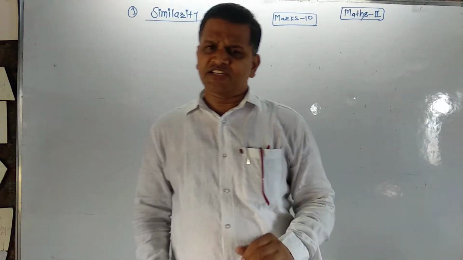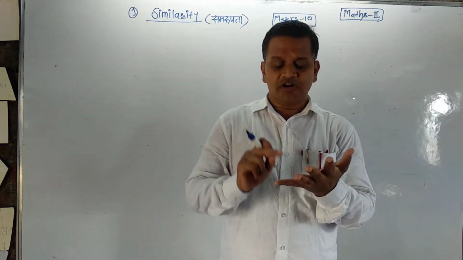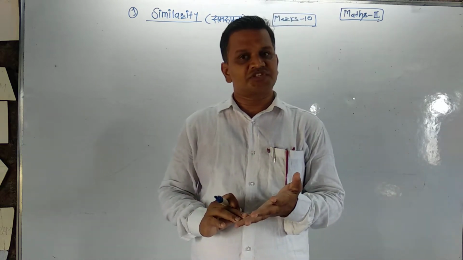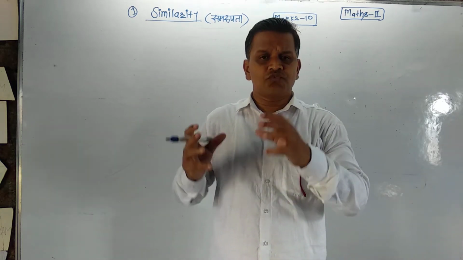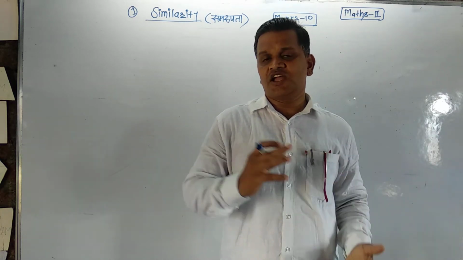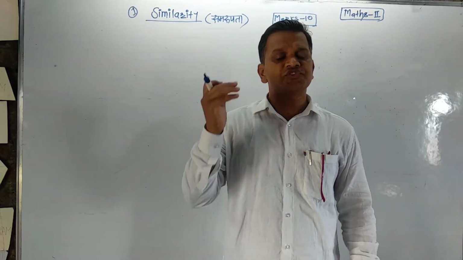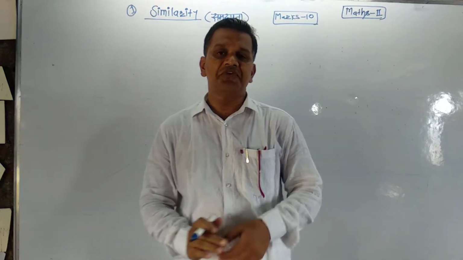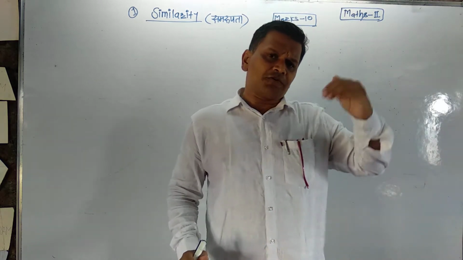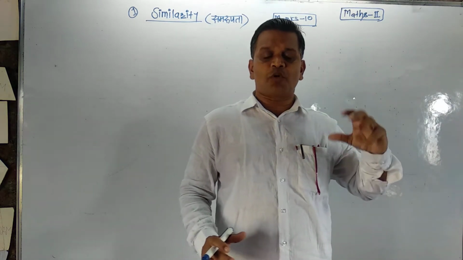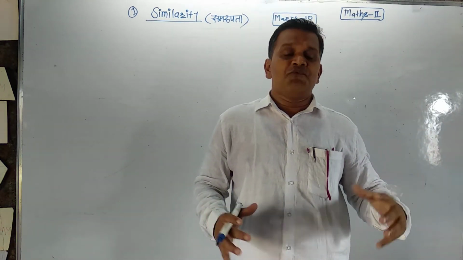Understand? Friends, we know that similarity and congruency are two important concepts in geometry, and we have been familiar with these concepts since 8th standard. Now in this year we are going to study the similarity of two triangles and its properties. To study it, we must know some basic concepts about it. Which are the basic concepts?